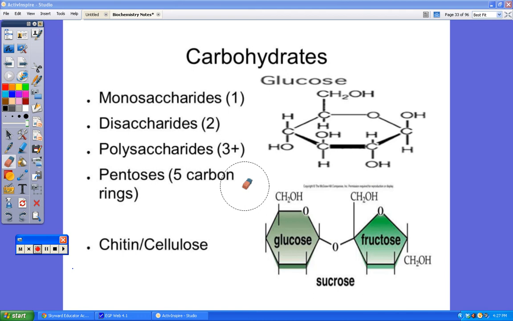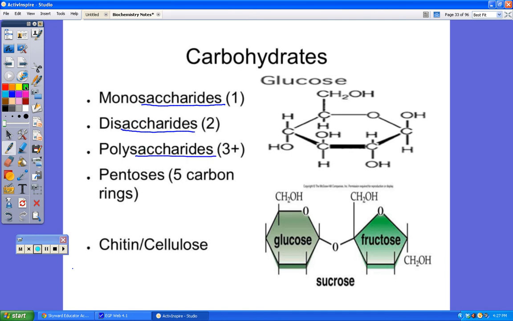Okay, this talk is going to be on carbohydrates, proteins, and lipids. Just to start off with, carbohydrates, there's a few key terms that go into this. Typically we call a carbohydrate a saccharide of some sort. So that's where these words come from. And the prefix to these words, mono, di, poly, all refer to the number of sugars that are involved.